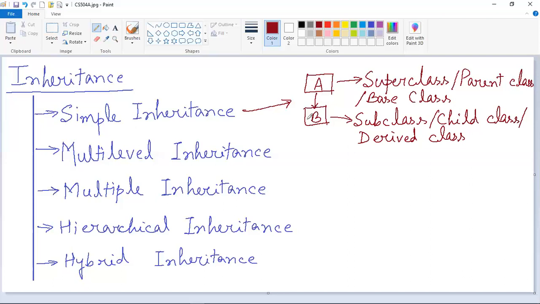So this is the superclass and this is the subclass. So superclass is the one which is being inherited and subclass is the one which inherits the superclass. So this is the diagram of simple inheritance, where you have seen that only two classes are involved. Now let's go on to the next inheritance, which is multi-level inheritance. So let me draw it down first. So this is multi-level inheritance, where you can see that A is the extreme superclass, B is the immediate subclass